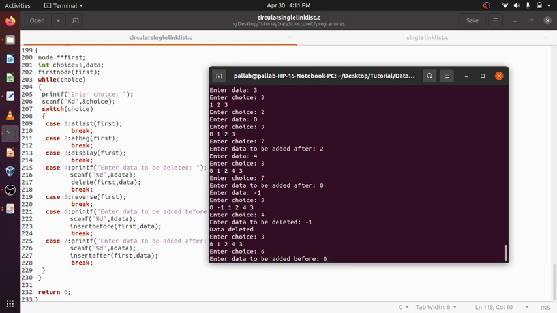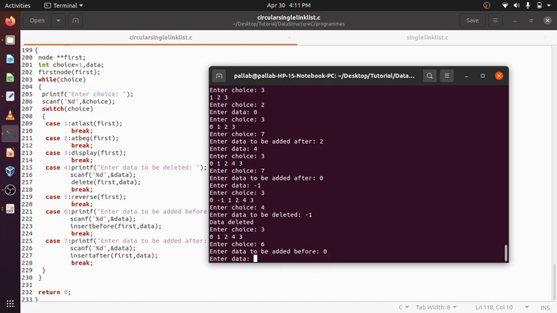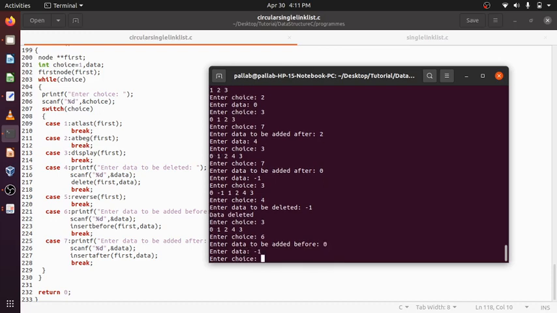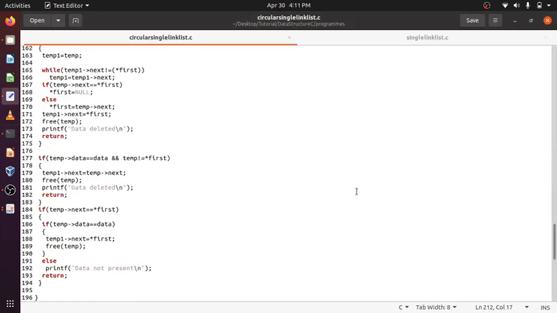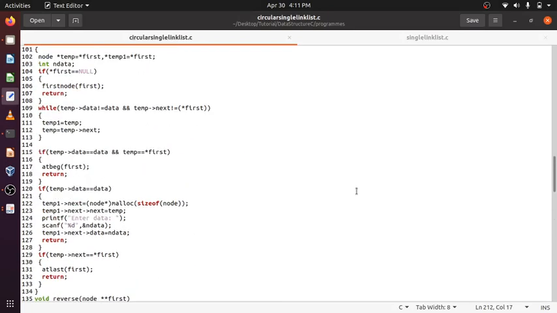Now let's go to the insert before function.